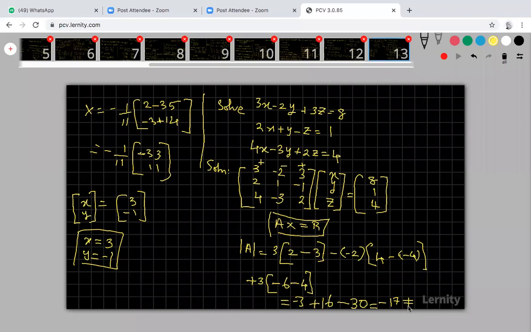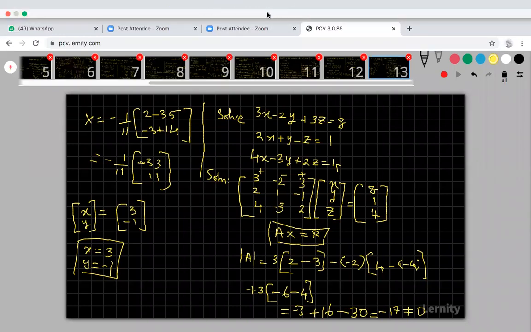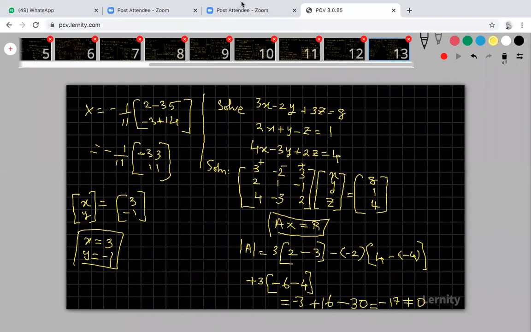This is not equal to 0. Not equal to 0 means your A is non-singular. Non-singular means you will get a unique solution. Okay, so unique solution means we'll go for that x is equal to